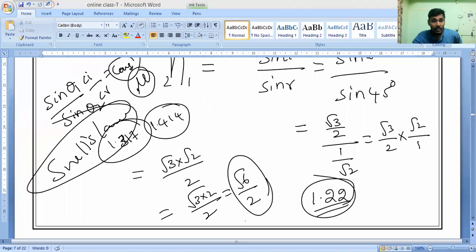Now let us go with the 21-22 exam. If you already have the sample paper, I know most of you solved it. In that, there is one question where they are asking the angle of refraction. My system is showing insufficient memory. Can anybody say that question? Yeah, it is open. I will show you.